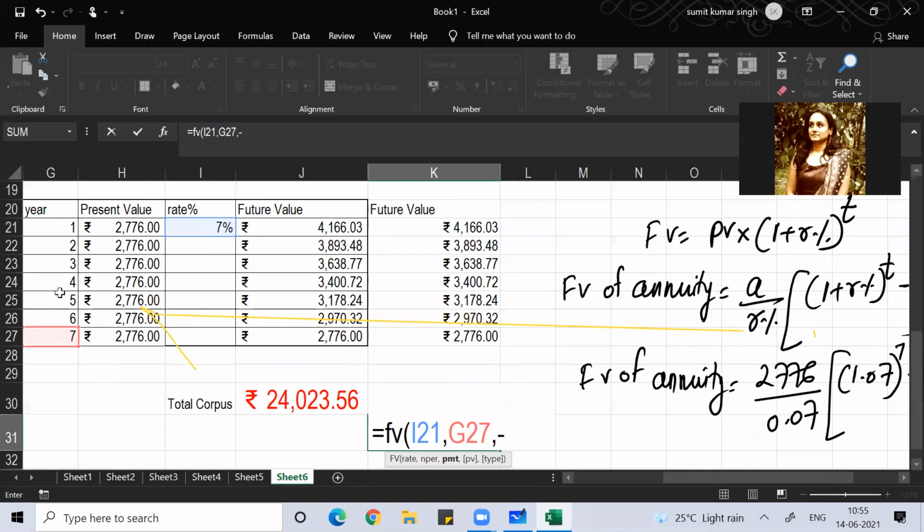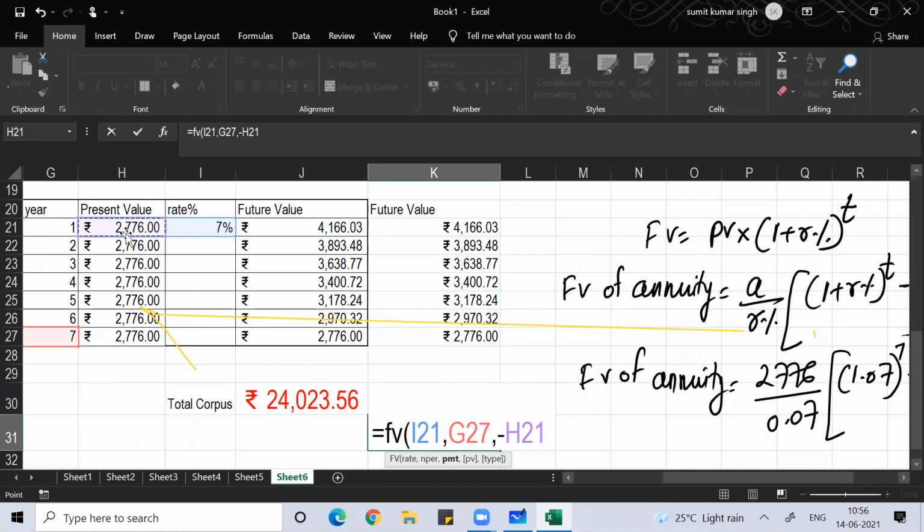I told you that anything which you put as an amount, there's a bug in Excel. You go to the Microsoft website, you will get to know what PMT is. PMT means NUT. Present value is nothing here. If you have some present value, you can put that also.